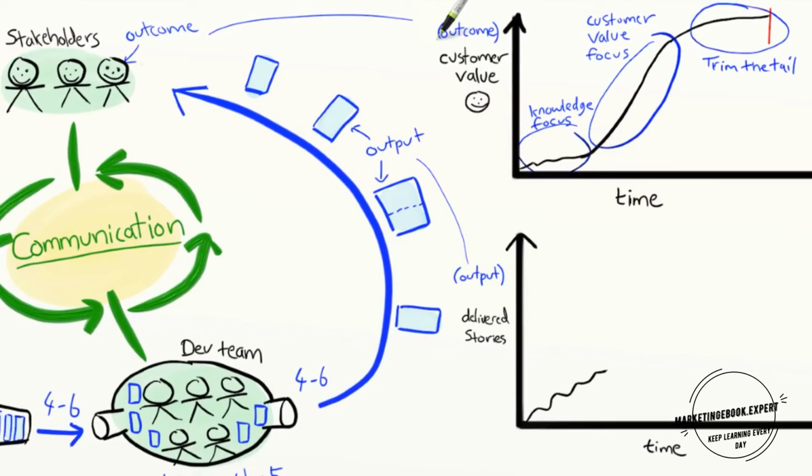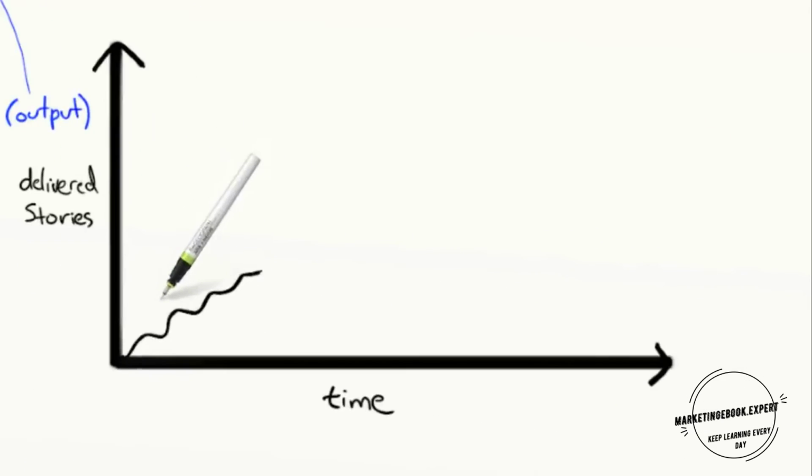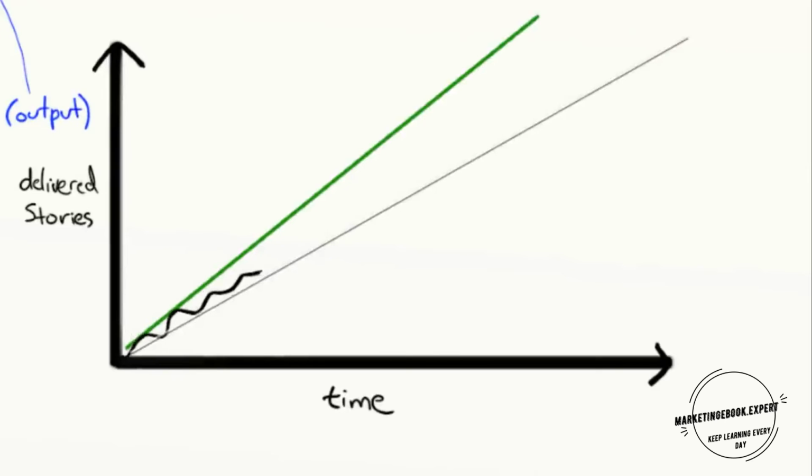Our goal is not to produce as much output as possible. Our goal is to reach the desired outcome, happy stakeholders, using the least possible output. Less is more. Now look at the burn-up chart, and you can draw an optimistic and pessimistic trend line. You can do it using fancy statistics voodoo, or you can just draw it visually. And the gap between these lines is of course related to how wavy and unpredictable your velocity is. Luckily that tends to stabilize over time, so our cone of uncertainty should get tighter and tighter.